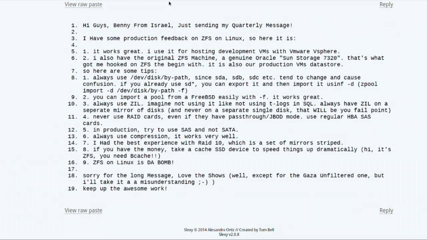He says he always uses compression, thinks it works very well. Yes, LZ4 on all of the things. ZFS on Linux doesn't actually have that yet, but it will very soon, hopefully, I think, in the 0.64 version, because LZ4 compression is much faster to compress and unimaginably much faster decompressing, like gigabytes per second per core, and it'll use all your cores.